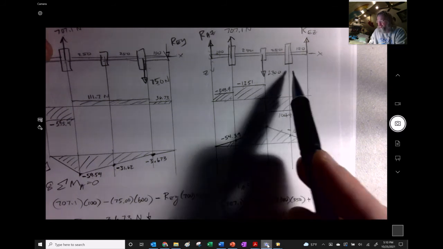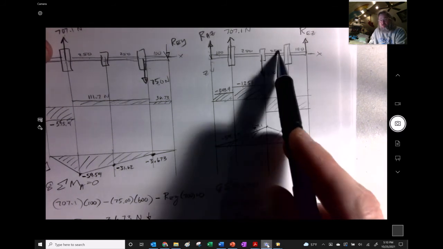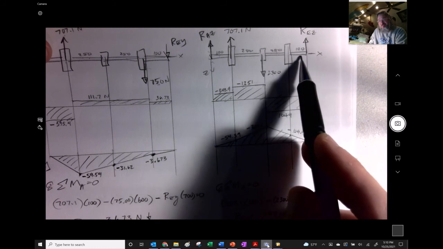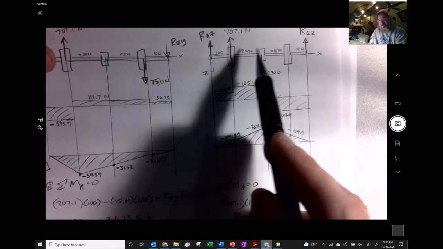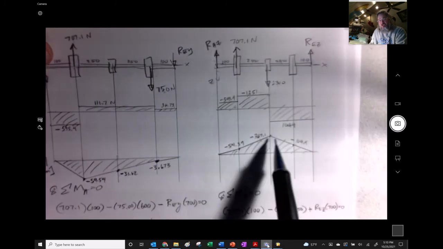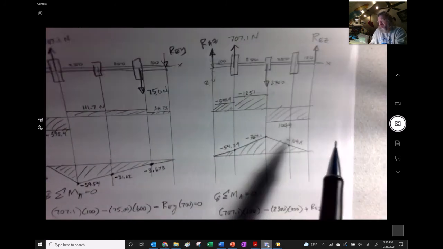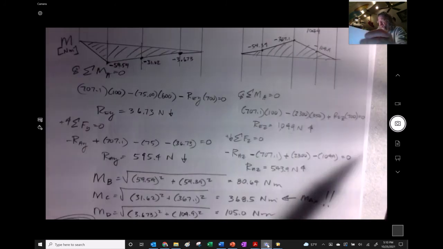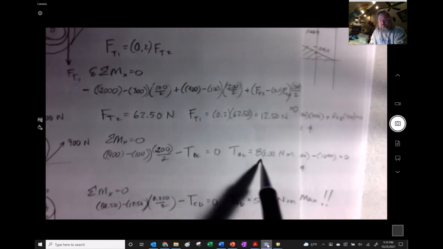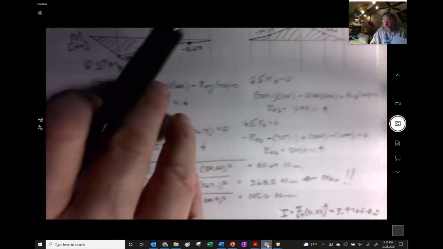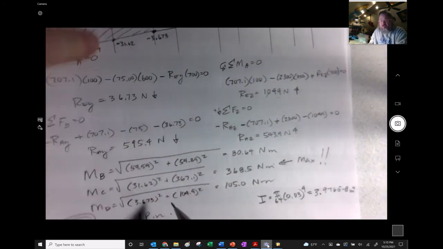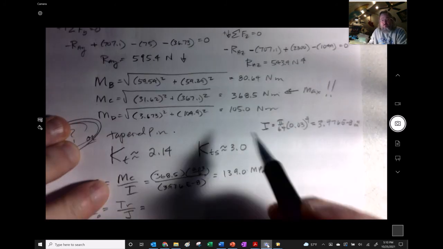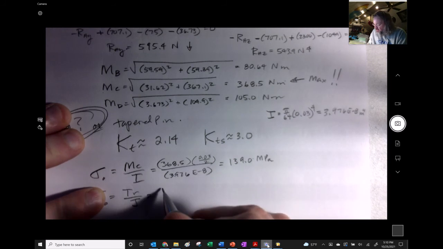Now, if it had been like over here, maybe, we could only have used the torque that was next to it. We wouldn't have used the maximum torque. But the maximum torque's on this side and minimum torque on this side. So we're just going to go to the other side of this thing. And the torque that we found was 80 right there, right? And you could just tell by the magnitudes that the torque isn't going to be the driving thing, although we do have a high stress concentration. So we have that 80